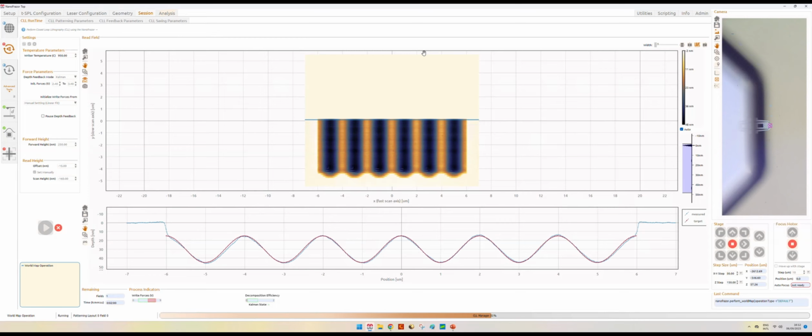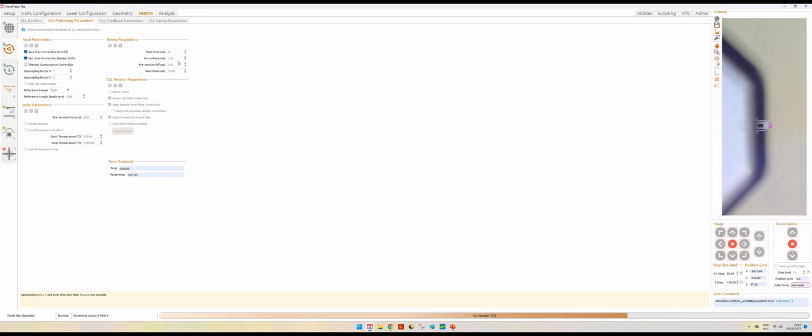The force pulse time and the contact time is usually a parameter that is not very often changed, but it can be helpful if you think that you may need a larger dose for a more efficient patterning, or it can also be reduced in some cases to pattern in high resolution.